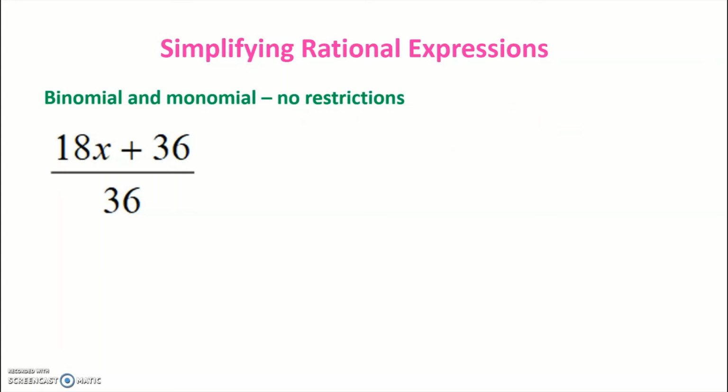Here we have a rational expression that we're going to simplify, and we know that there's going to be no restrictions on our x variable. The reason we know that is because there is no x value in the denominator, therefore it can never be 0. So we approach it the same way, remembering that the goal is not to have any common factors in our numerator and denominator. Let's start with our numerator. By removing the factor of 18, we end up with x